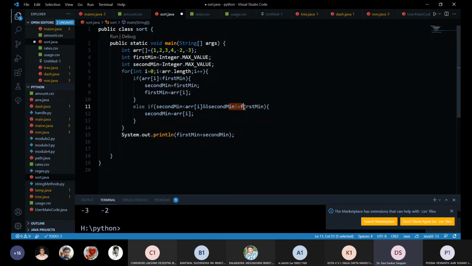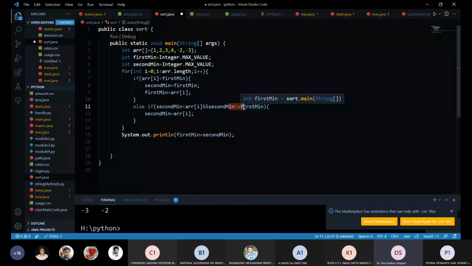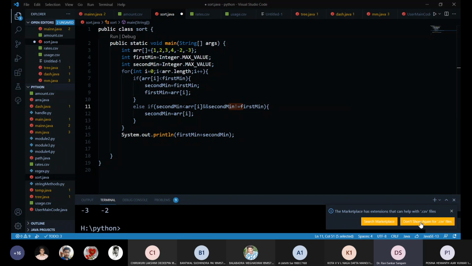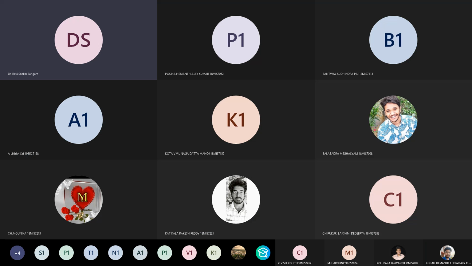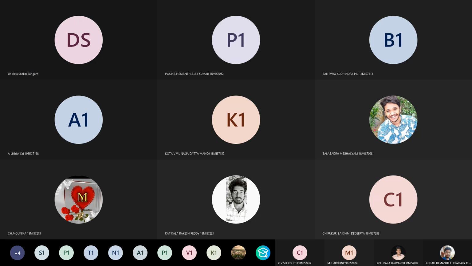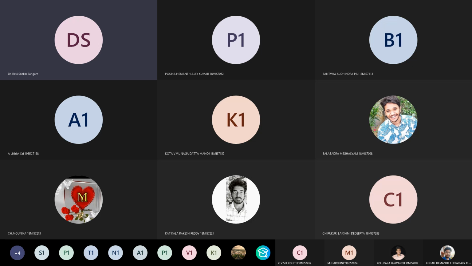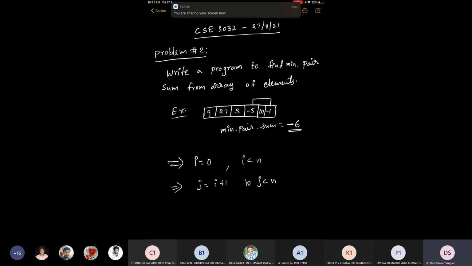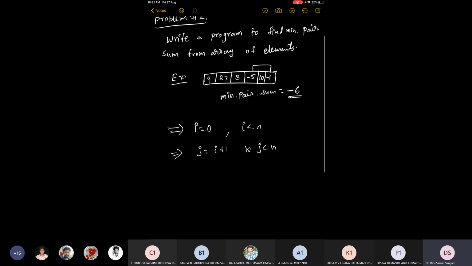See, my point is, please stop sharing your screen. I want to explain something here. This problem is all about finding the first minimum and second minimum, so that the sum of the first minimum and second minimum gives us the minimum sum value, the minimum pair sum.